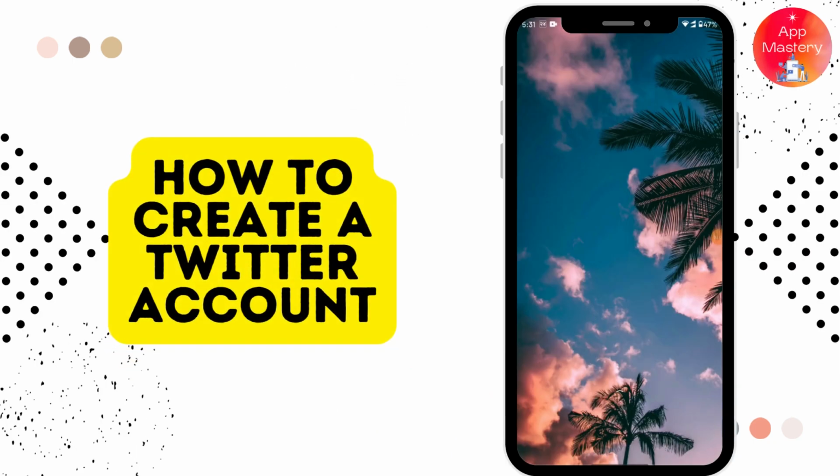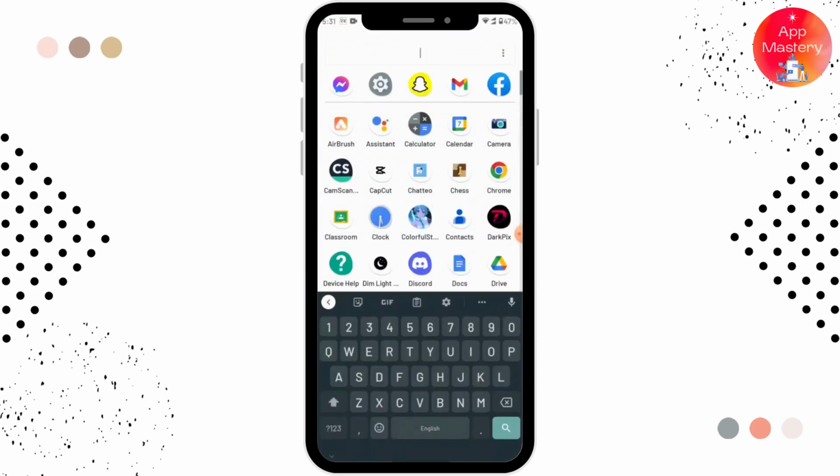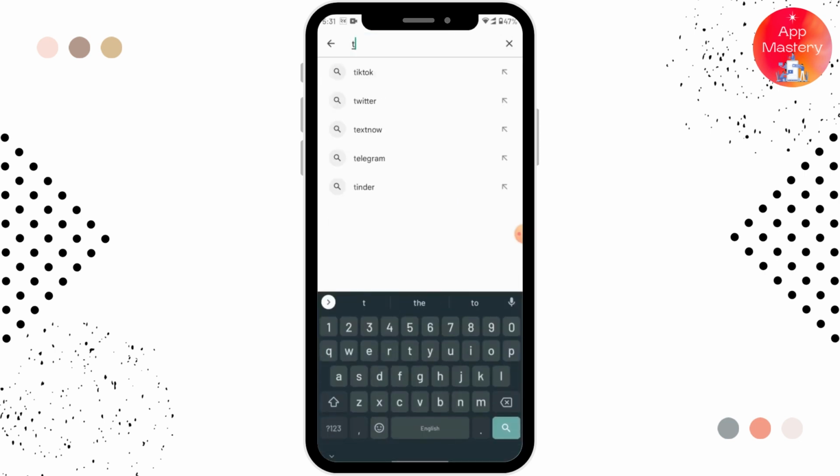How to create a Twitter account. So if you want to create a Twitter account, then all you have to do is go to the Play Store and then here search for Twitter